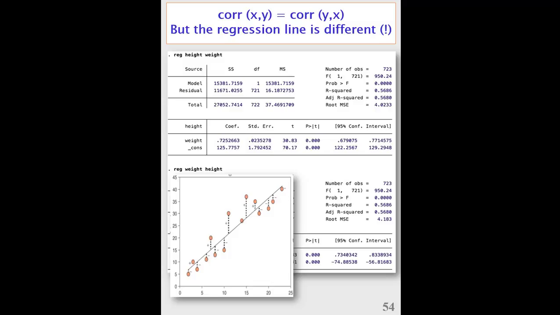We're trying to define the best fitting line here, measuring differences in the vertical direction. So we're measuring the difference in terms of y, the vertical distance to the line. It would have been different if you had measured distance not in the vertical sense, but towards the line, like this. But we don't. And that means that if you interchange x and y, you're simply saying, okay, we're not defining the best fitting line according to these vertical distances, but according to the horizontal distances. And that causes the line itself to be a different one,